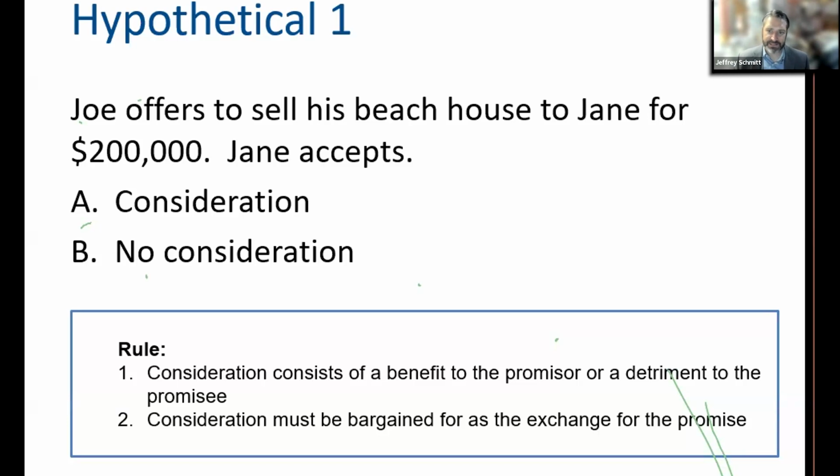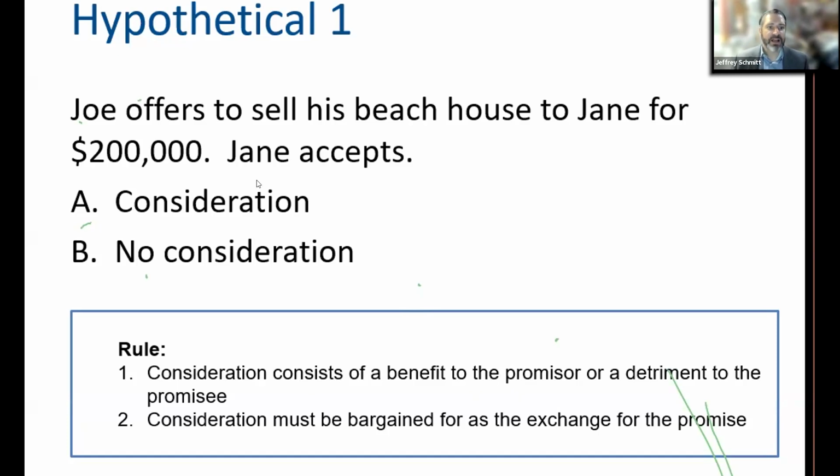So after we go through the cases, the next thing we would do is hypotheticals. And I've tried to start it off relatively simple, get more complicated as we go, and have the questions then towards the end mimic the multiple choice questions that you would have on the exam or the essay questions. So let's look at this first hypothetical. This is obviously a contract, right? Everyone looking at this knows it's a contract. So you should intuitively know the answer must be A, it's good consideration. The only thing I would be looking for here would be, can you explain why?